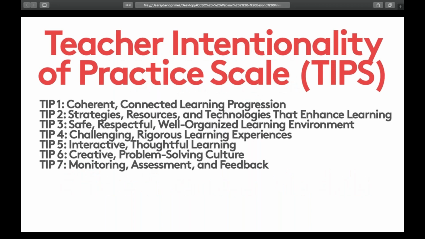So things like TIPS, which is the Teacher Intentionality of Practices Scale. This one was developed by a professor, Jeff Marshall. I think it's Jeff Marshall. It's J something Marshall. Jeff Marshall out of Clemson. And he actually has a book called The Highly Effective Teacher. Although when you read about it, it's geared toward K through 12, because that's a huge swath of the population of teachers, it really carries over to what we do in the career field and what our students want from us. It doesn't really change once they graduate, or maybe they're an adult.